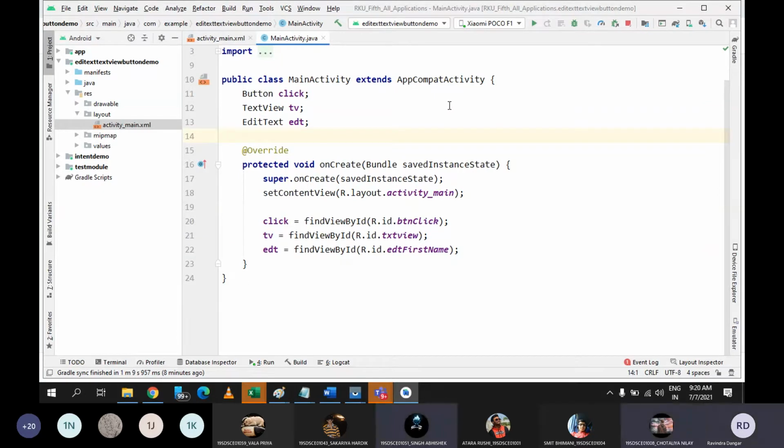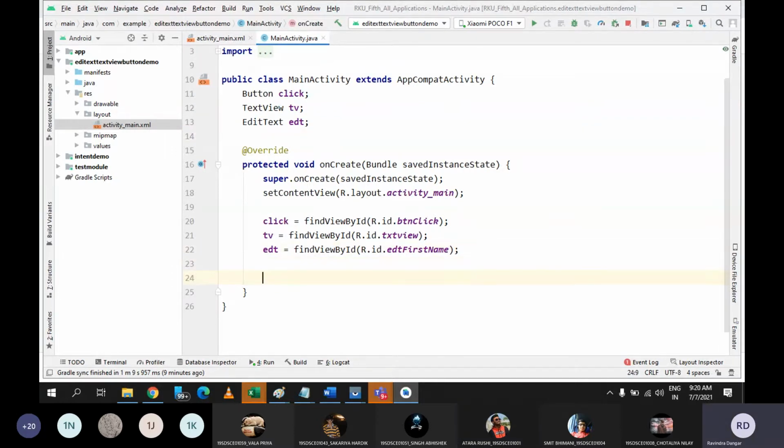We will use the inbuilt text function of the view and connect the button. But before that, once I write something in the edit text, based on the click event, I need to set that thing in the text view. So I need to implement the click event of the button. Yes or no? Yes, sir. Set on click listener.